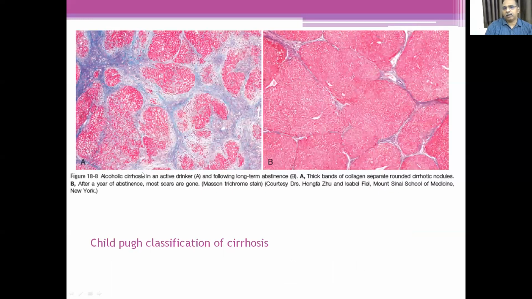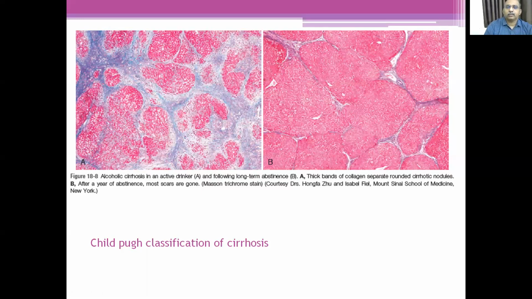See, when we look under the microscope, normally the liver has a central vein and the portal triads and all. But when there is chronic liver failure, there will be excess fibrous tissue. So this blue portion is the fibrous tissue. This slide was stained by Masson's trichrome stain, so fibrous tissue is stained blue. This pink color is the leftover liver tissue or regenerating hepatocytes. So excess fibrous tissue is seen in chronic liver failure or in cases of cirrhosis of liver.